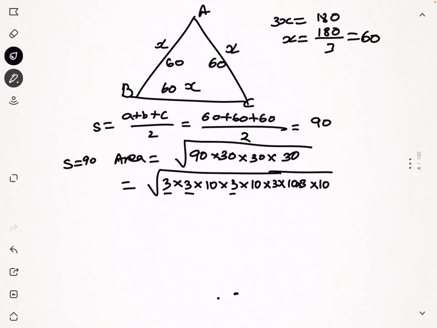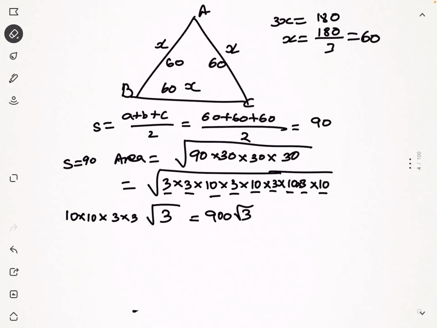1, 2, 3, 4, 5. There are 5 3's here. So if you take the 4 10's here, we'll take 2 10's outside, and out of 4 3's we'll take 2 3's outside, and then there will be one root 3 remaining. So which will be 100 into 9, 900 root 3. If you multiply this, approximately 900 root 3 will be